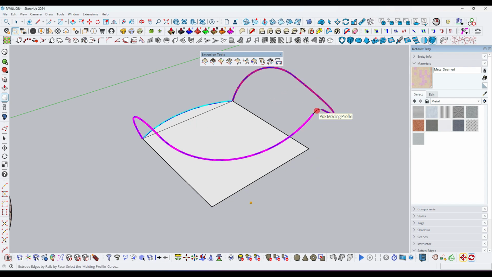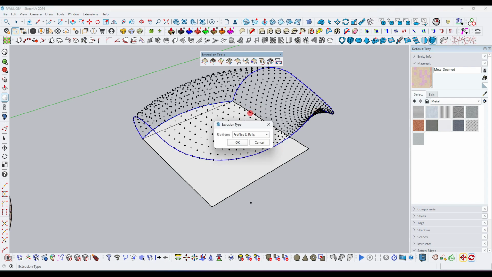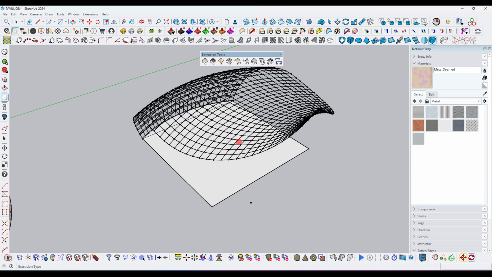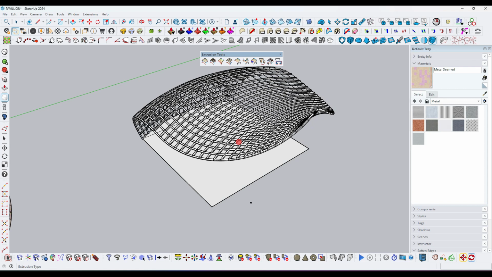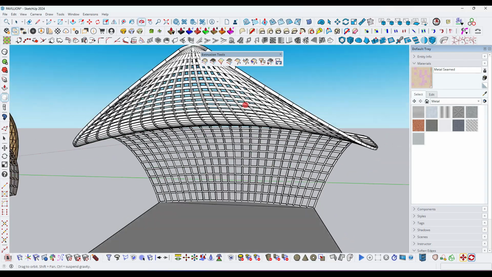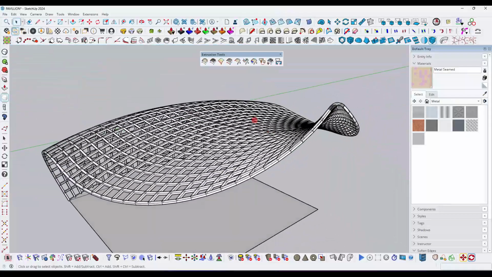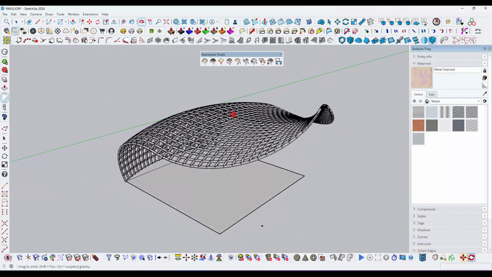this end point. When you click here you can see the extra dialog box showing profile and rails. So you have to select profile, rails, or both. When you select here and click OK, your profiles will be perfectly extruded on every edge of this curve line. Now here you can see this is perfectly done,